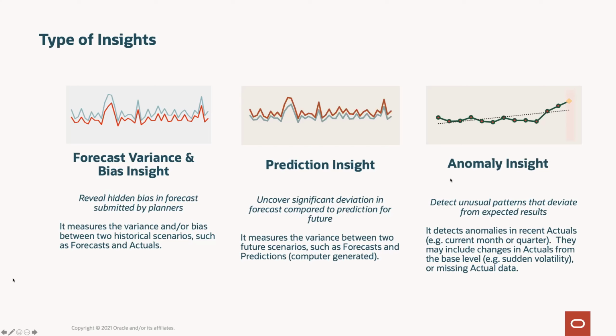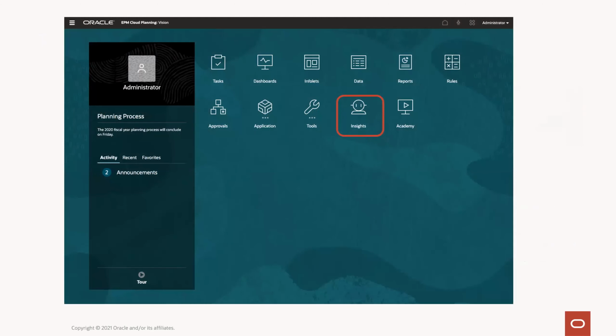And the last but not least is anomaly. Anomaly is important. You might think anomalies are easy to spot. Anybody can look at a dashboard or a report and maybe see an anomaly. But actually, depending on the nature of your data, particularly if you have a fair amount of volatility, anomaly can be very difficult to spot. With volatility, you have to take things like trend into consideration. You have to take things like seasonality into consideration. So anomaly is really, quite frankly, there can be a lot of science behind it, and that's precisely what we do with this insight. Just a very quick demonstration, just simple screenshot demonstration.